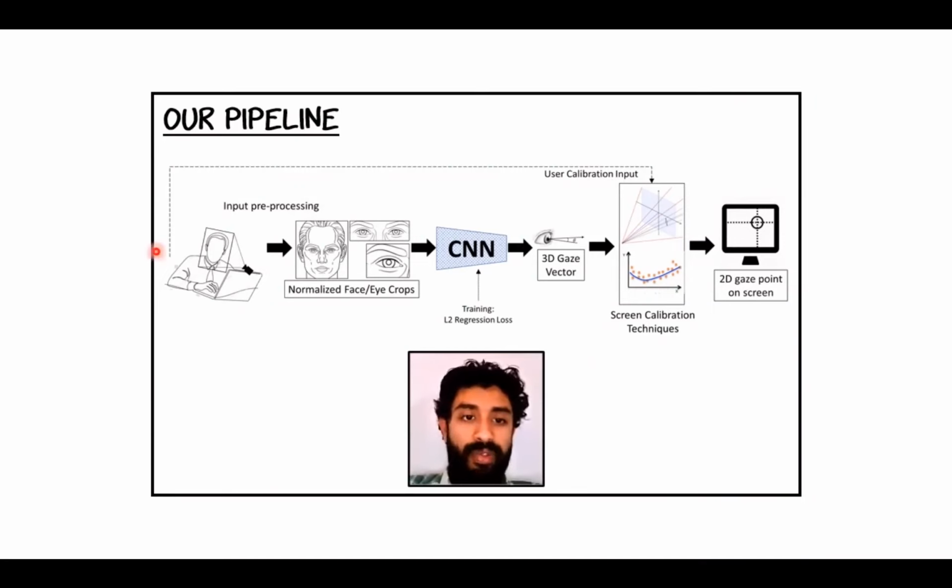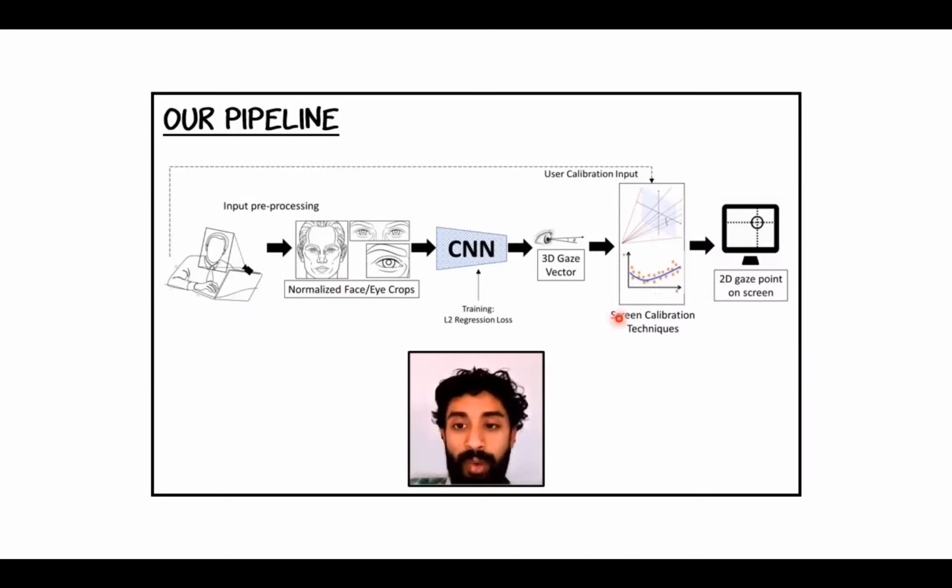The first step in the pipeline is to perform face modeling to obtain key landmarks on the face. These landmarks can then be used to obtain normalized face or eye crops. The next step in the pipeline is a convolutional neural network, or a CNN, which is a type of deep learning architecture that is used to analyze images. The normalized face crops can then be used to train the CNN to estimate 3D gaze vectors. These directional vectors are with respect to the virtual face crop. However, because we know the transformation used to obtain these face crops, they can also be converted with respect to the person's head pose or with respect to the camera.